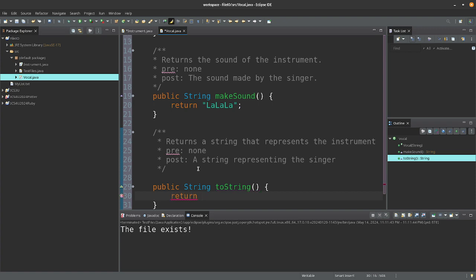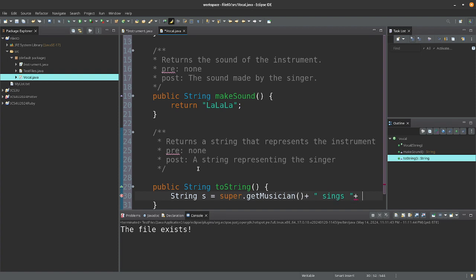Return. Ready? Now remember, in our original instrument class, we had the concept of a musician. So let's return a string. Let's call it string s equals, and the first thing we're going to do is call super.getMusician. So we get the musician's name plus sings, and then we'll say,